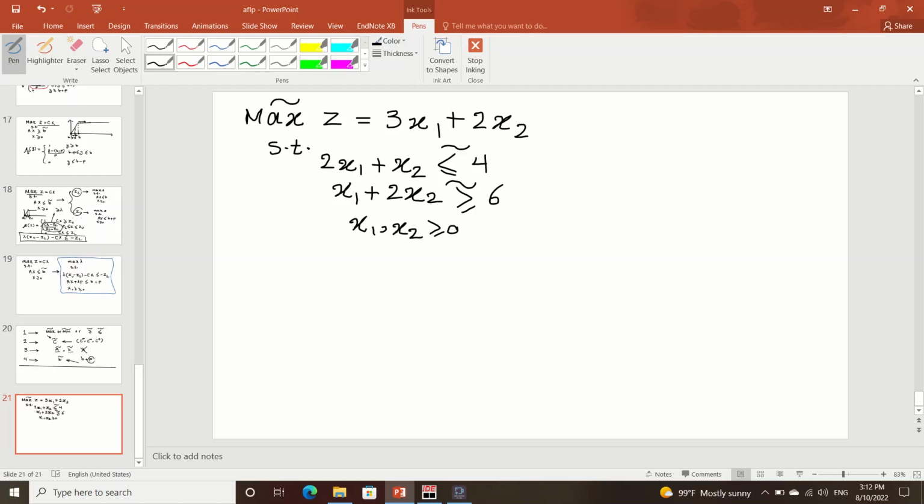Okay. In the first place, we must solve this linear programming without considering the fuzzy sign, for example, maximum, less than, or greater than. In the structure of crisp linear programming, when you solve this model without considering the fuzzy conditions, x1 star equals 0, x2 star equals 4, and z star equals 8. So,